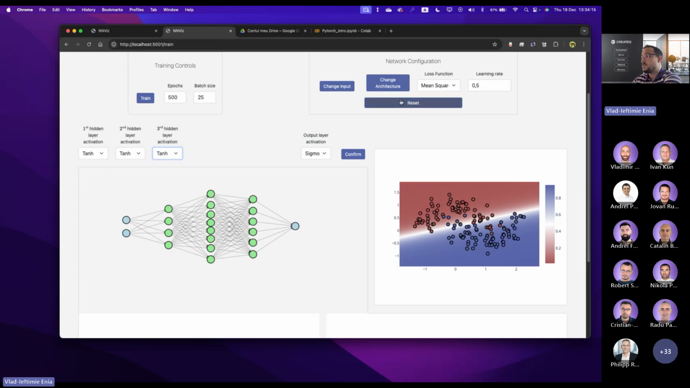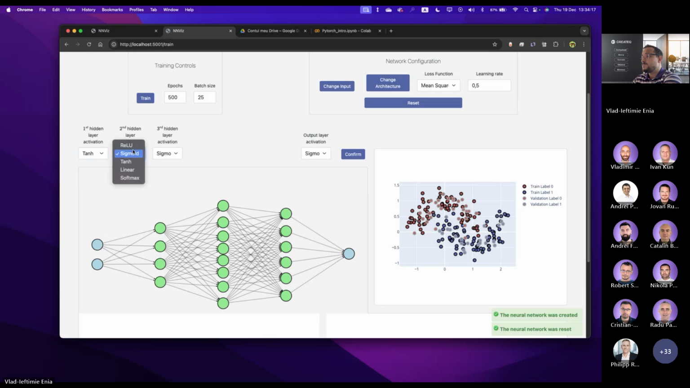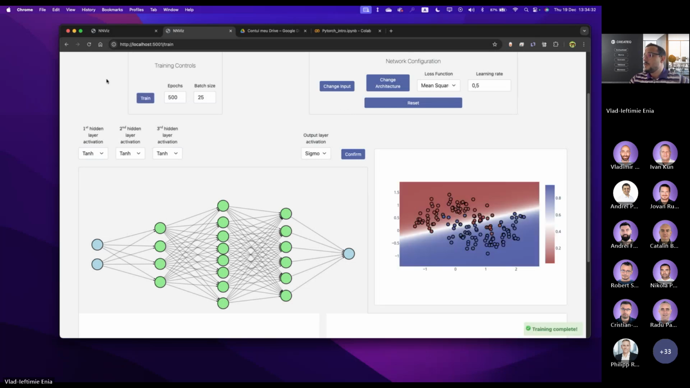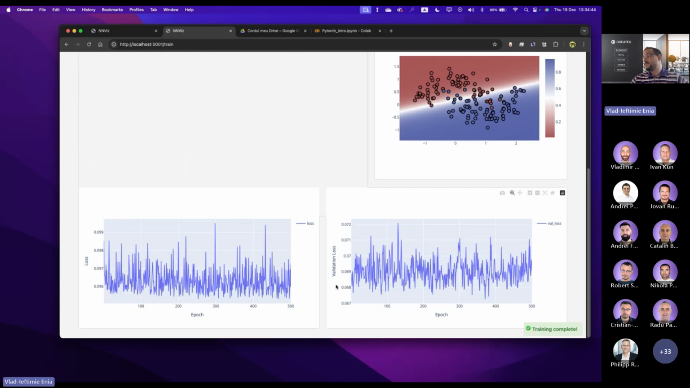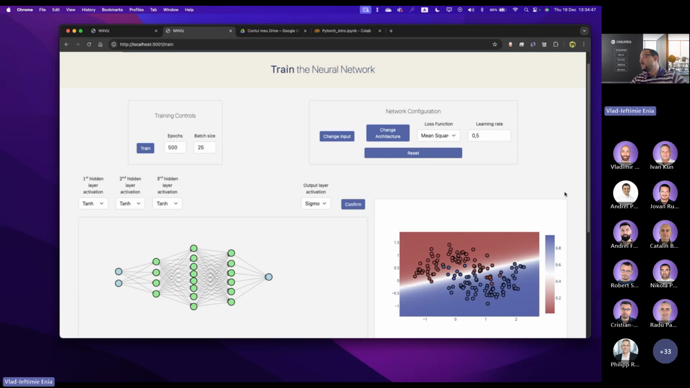Let's try with hyperbolic tangent then, to see where this gets us. Should be quite similar to sigmoid because it's not really a big difference between them. Okay, doesn't seem to want to learn. Maybe the learning rate is too much. Okay, still nothing. So you can see that you have to do some trial and error and keep in mind